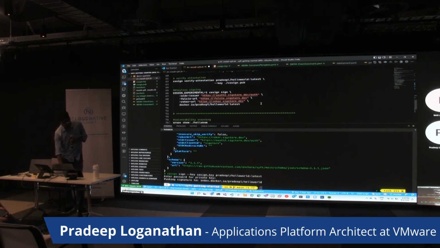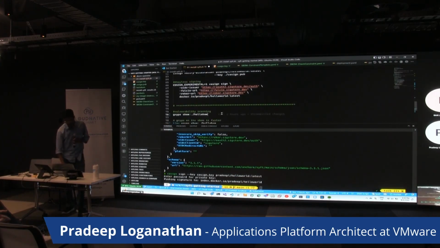These SBOMs are also further used for scanning. For example, Grype is an open source scanning tool. It scans containers for vulnerabilities, and the way Grype does it is it initially generates an SBOM. It doesn't scan through the whole container by image layers, but rather generates an SBOM and then scans the SBOM against a database of vulnerabilities and ensures that there is no match. So I'll just run through this.